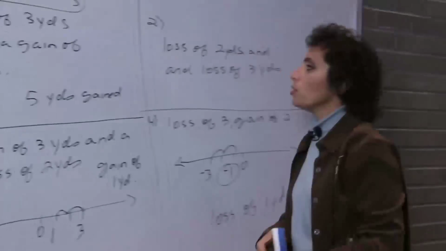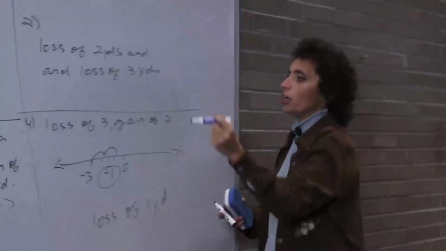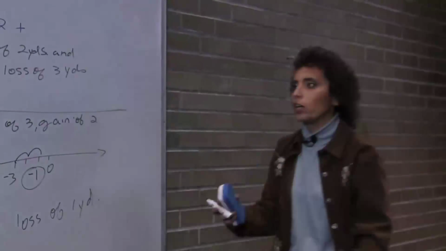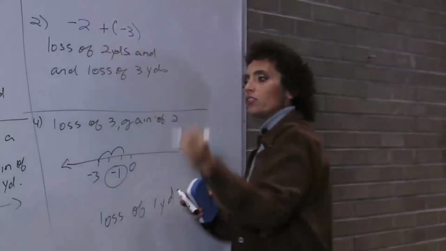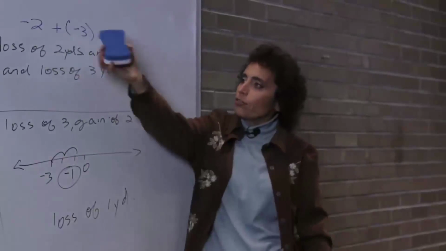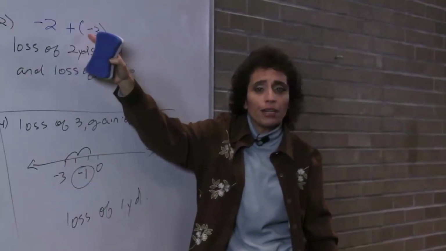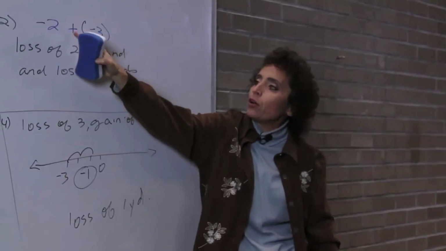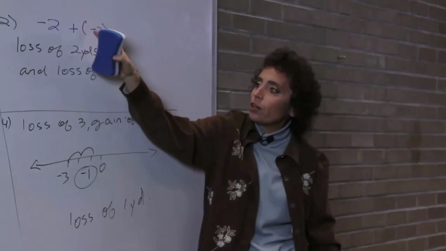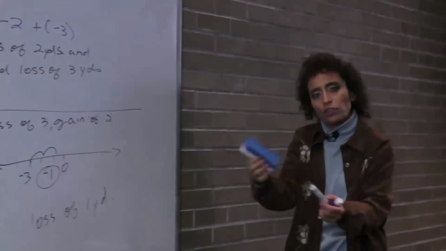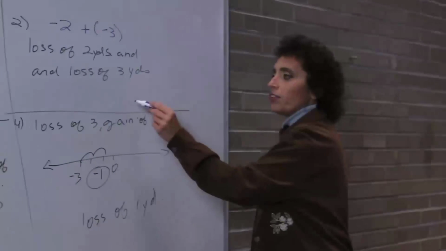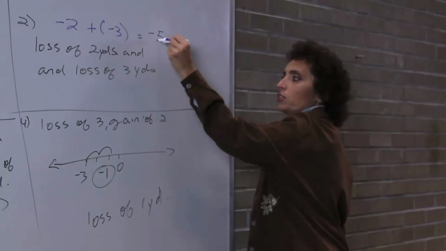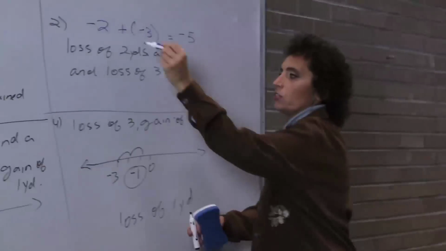Let me do number 2. Number 2 says a loss of 2 yards, which would be -2. And now here comes the second play, and a loss of 3 yards. So that's a -3. Now listen, this is important because generally, I'm putting that in parentheses. Remember, it does not mean it's multiplication because there's a sign between these 2 numbers. So there's no multiplication. But because there's a sign followed by another sign, we'd like to put that in parentheses so the signs don't get mixed up. Remember, this answer, which I've obviously erased, was a loss of 5 yards. So a loss of 5 yards means it's -5.